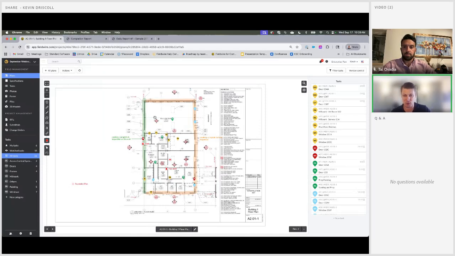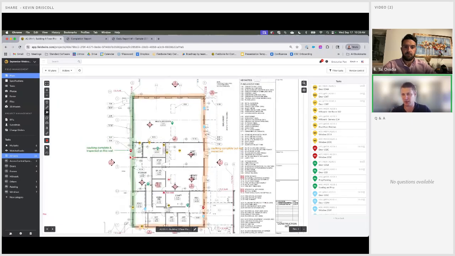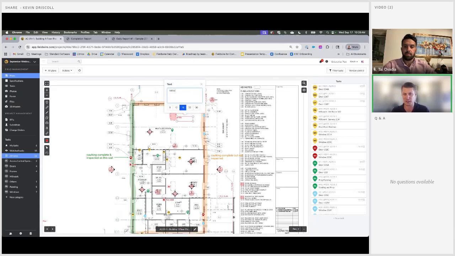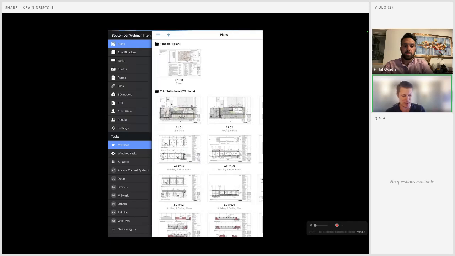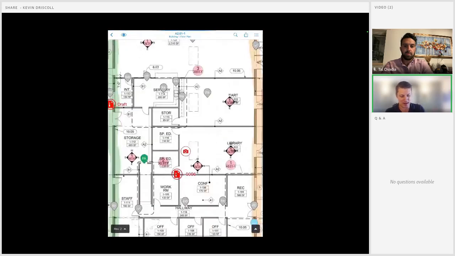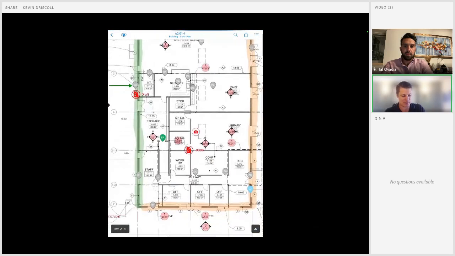The other nice thing about Fieldwire, as we noted, is that all of those tasks, all of those markups sync automatically on your team. This is a collaborative markup environment where if I make a markup here for maybe some additional millwork in this multi-use room, it's going to sync to the whole project team. So if I'm a PM making some notes, my guy in the field is also going to have access to that markup in that same markup system. Here I've got access to all of those markups that we've previously synced.